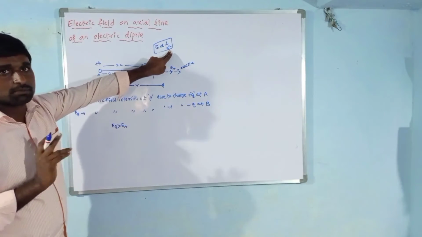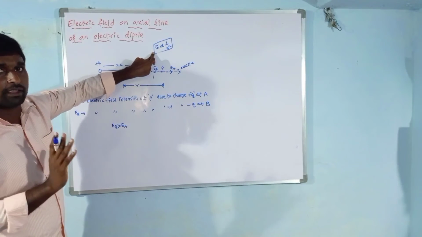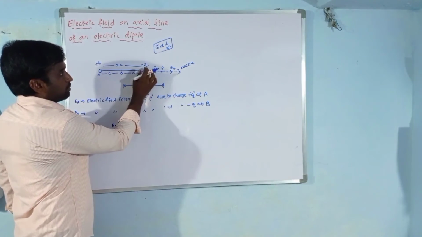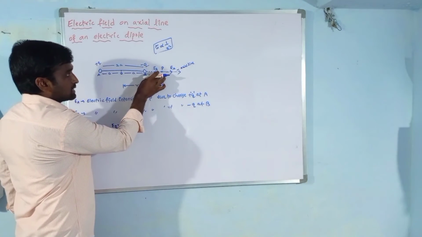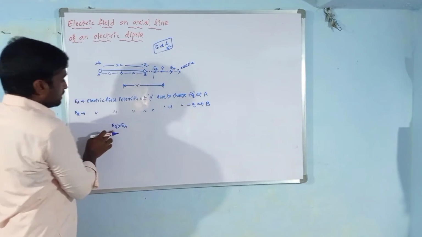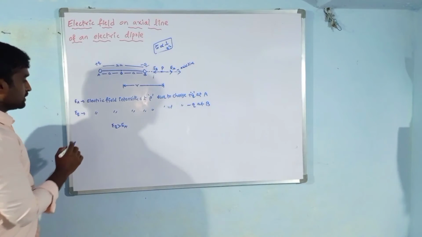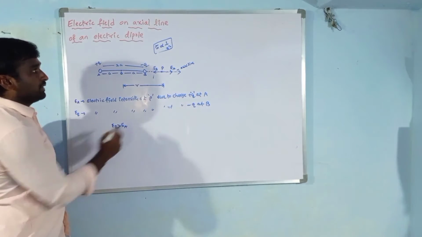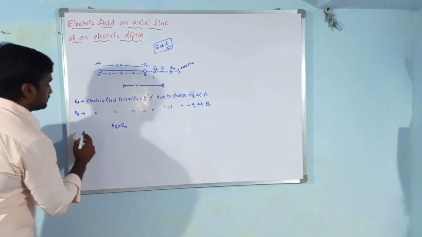As the distance is small, the electric field intensity is high. This distance between the negative charge and point P is less than this distance, so EB is greater than EA. So that means the resultant electric field intensity at point P